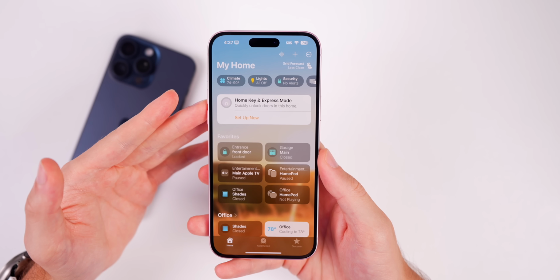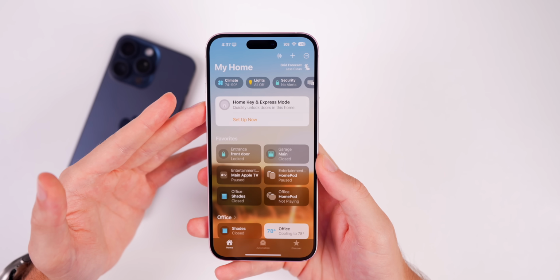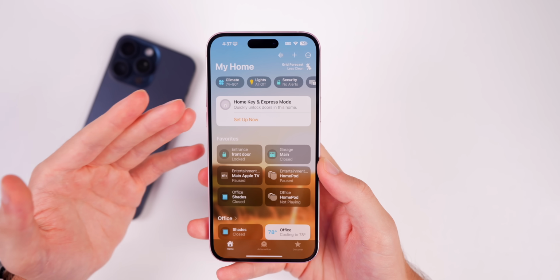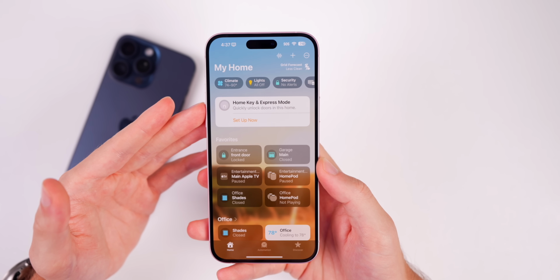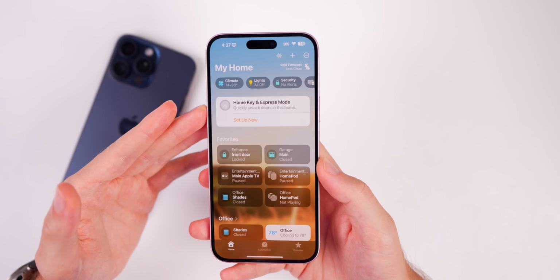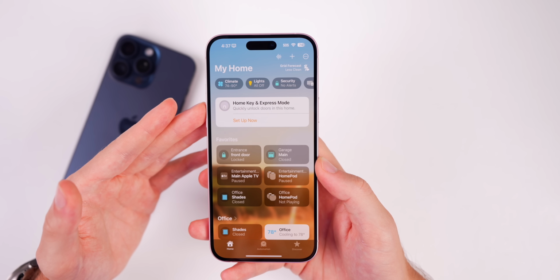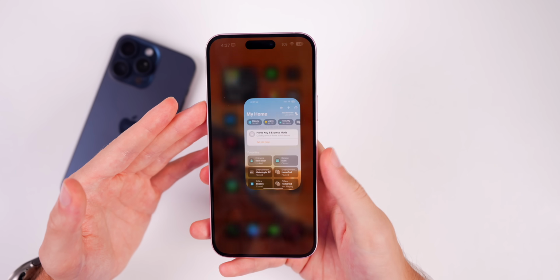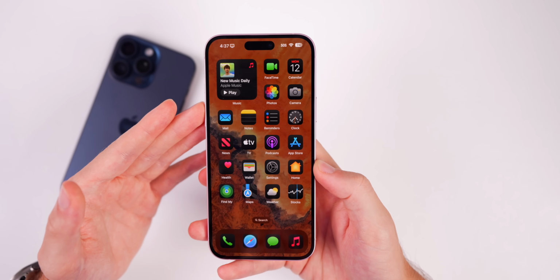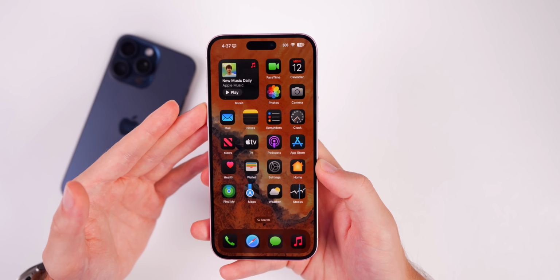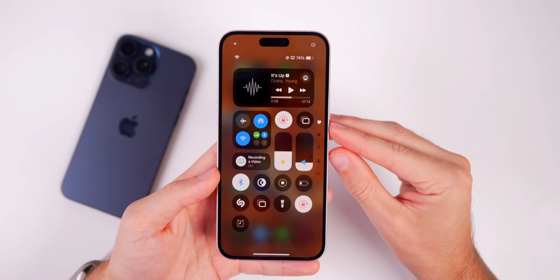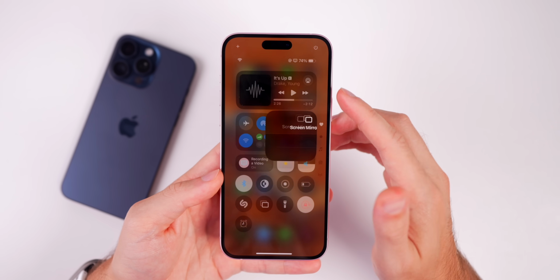And then some users saw a new splash screen in the Home application. However, I did not receive that on iOS 18 beta 6 or in iOS 18.1 beta 2, but you might see a splash screen for Home as well. So it seems like Apple is really trying to just remind us of all the new features that are coming in iOS 18. Also in the Control Center, this seems like a bug in beta 6, but the screen mirroring